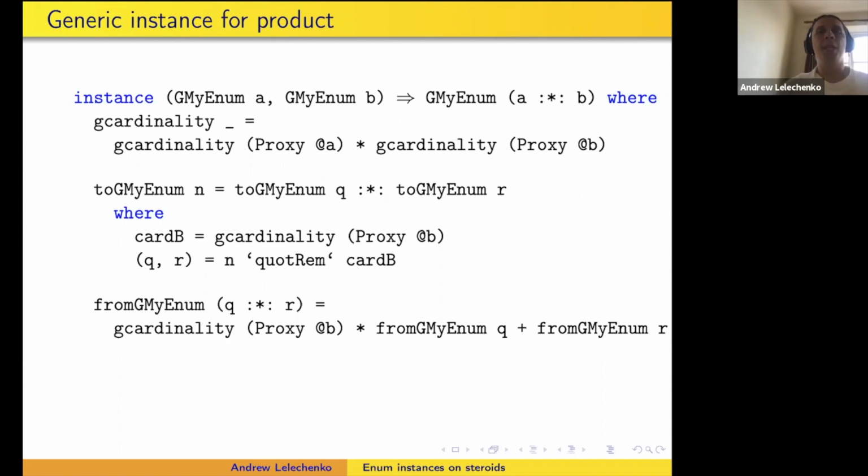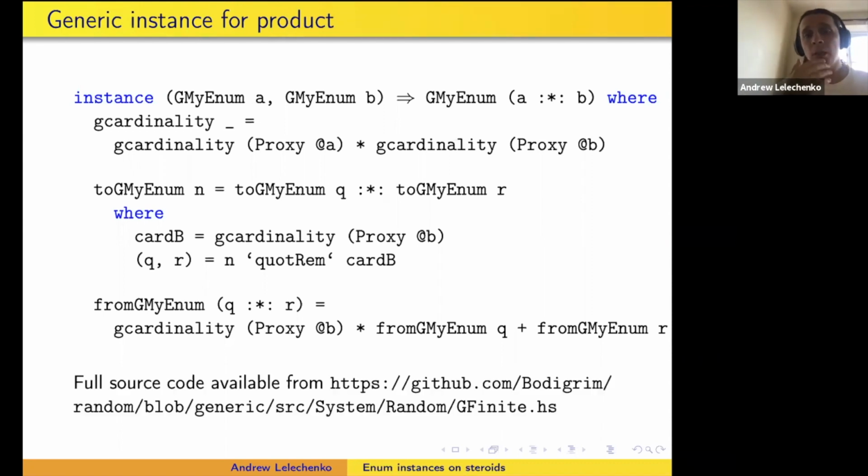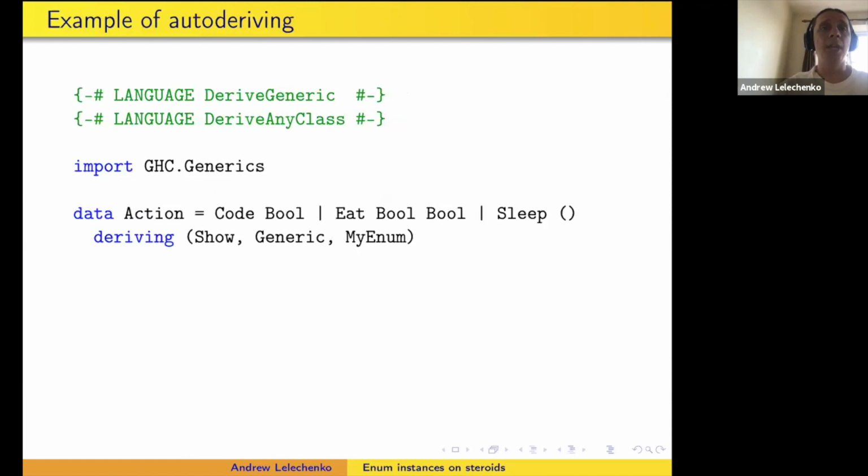We basically represent our product type as a rectangular area. As I mentioned, I skipped some plumbing and some boilerplate. Anyone who is interested in all the nitty-gritty details can look at the link below. Once this tedious work is done, once we have defined our data type for sums and products, everything else actually